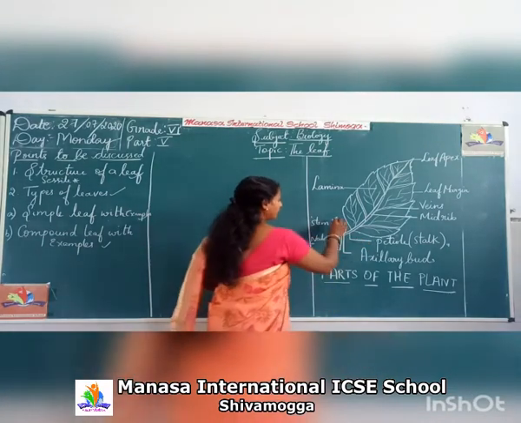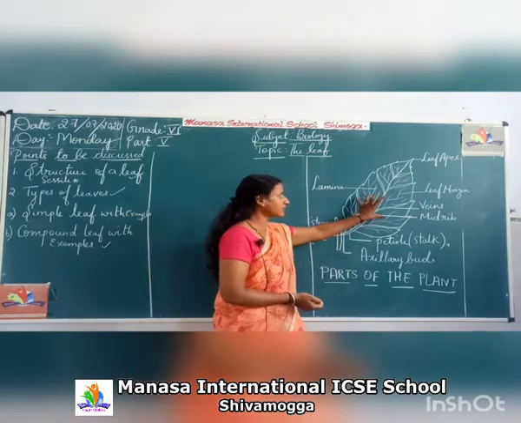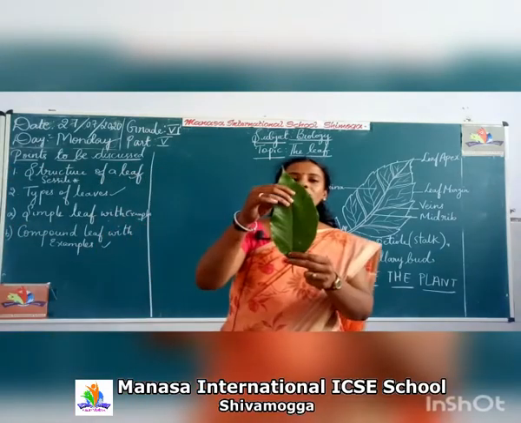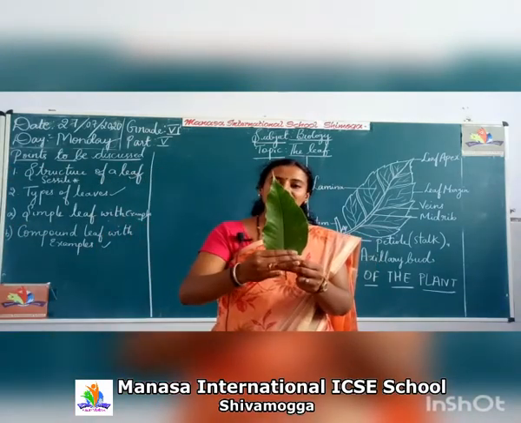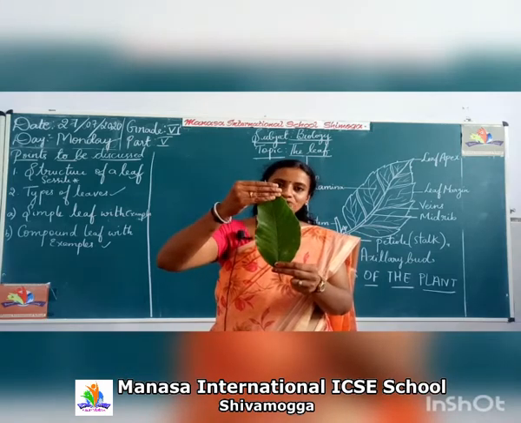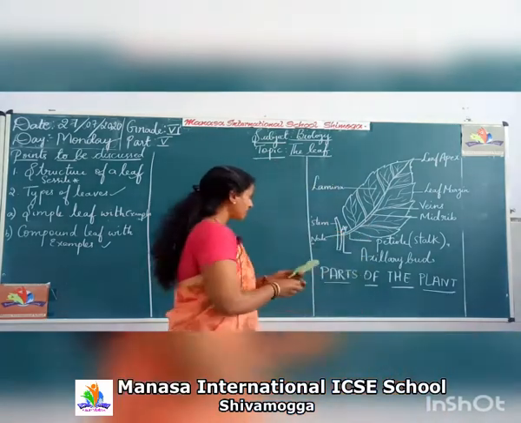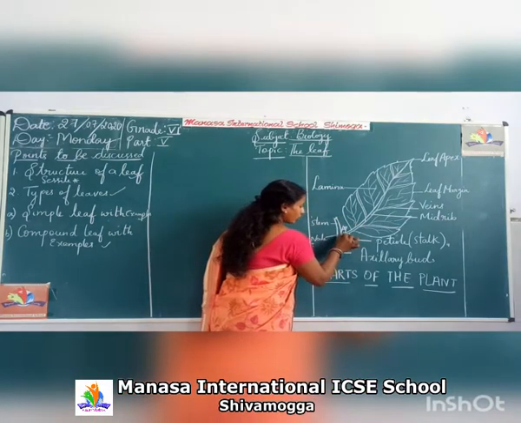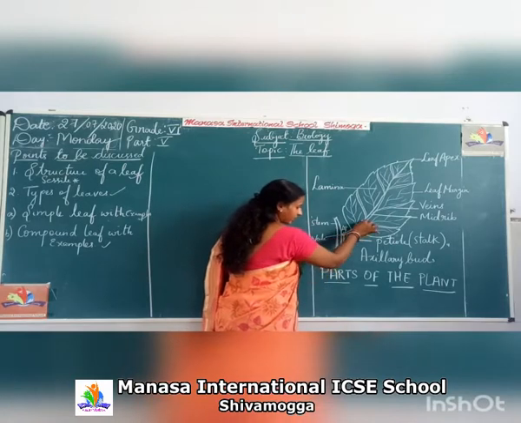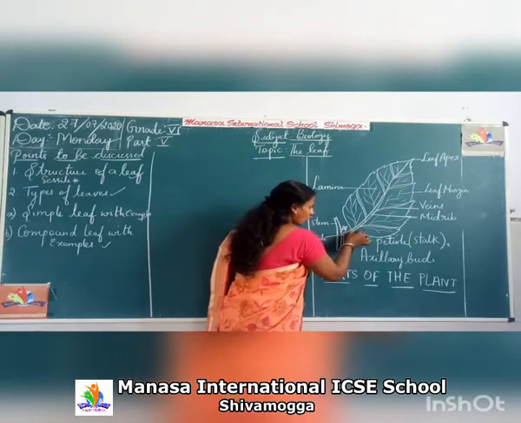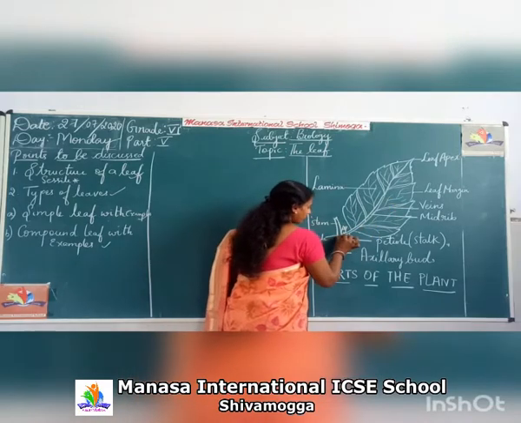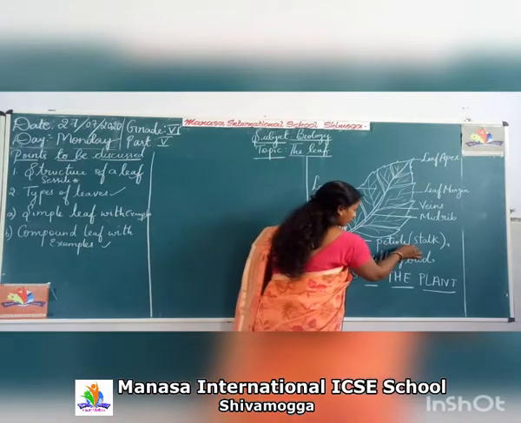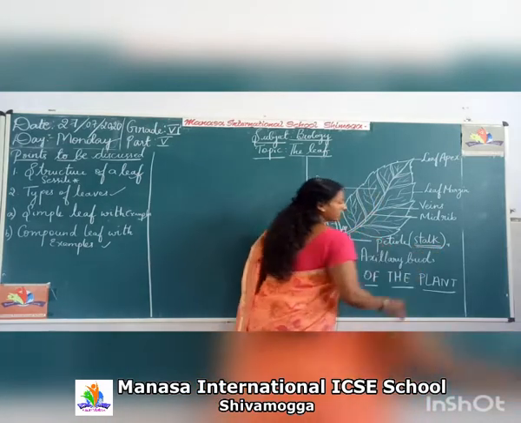So first thing is the leaf. It is a green colored flattened part. I'll just show you. This is a leaf where exact photosynthesis takes place, and it is a green colored flattened part which is attached to the stem, right? I have written here, this is the stem part. And from the nodal part of the stem, the point through which the leaf or the branch arises, the leaf also arises. This node is where the petiole, that is the stalk of the leaf, is attached, and in general terms it is known as the stalk, right?